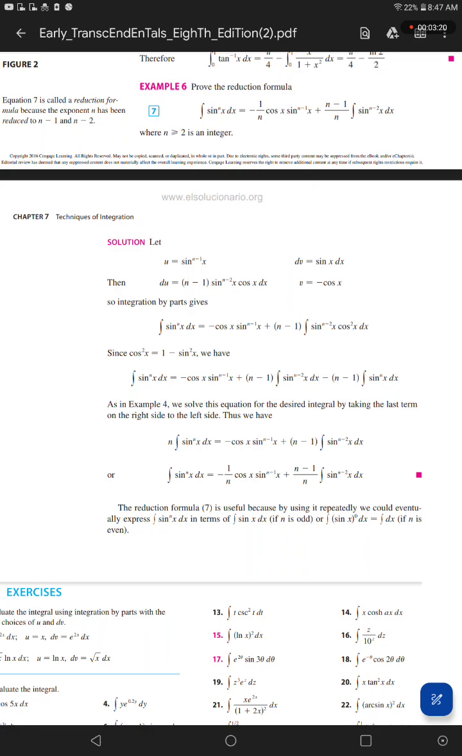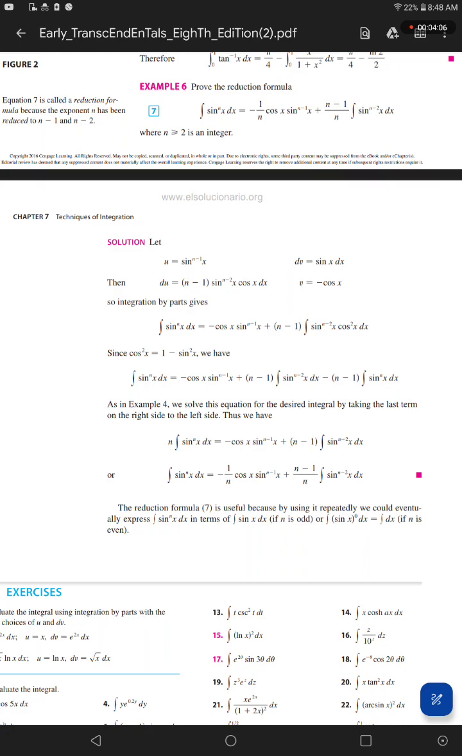As in example 4, we solve this equation for the desired integral by taking the last term on the right side to the left side. Thus, we have n times the integral of sine to the power n x dx equals negative cosine x sine to the power n minus 1 x plus open n minus 1 close, the integral of sine to the power n minus 2 x dx,